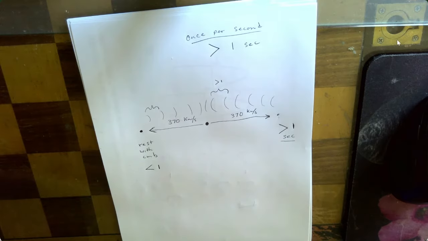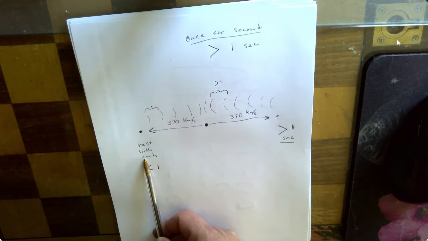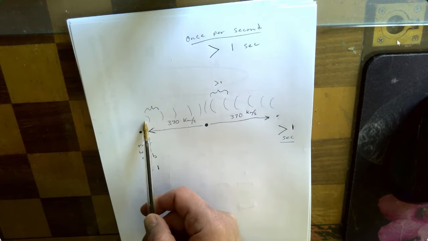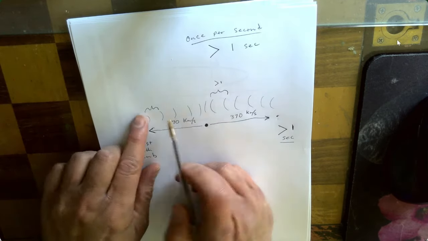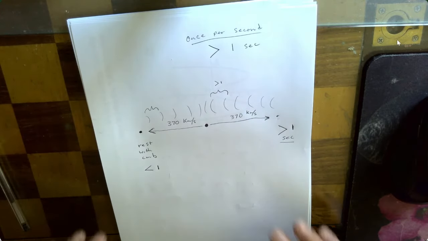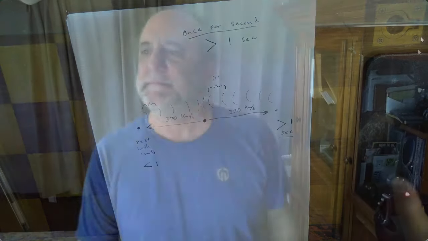But under CGC, this one coming to rest with the CMB should encounter less neutrinos. So because of that fact, it encounters less neutrinos. Time will speed up. And so the pulses coming from this probe should be arriving at intervals that are less. And so that is the basic idea for the experiment. And this experiment will disprove general relativity, or it will disprove CGC, or it might disprove both of them.